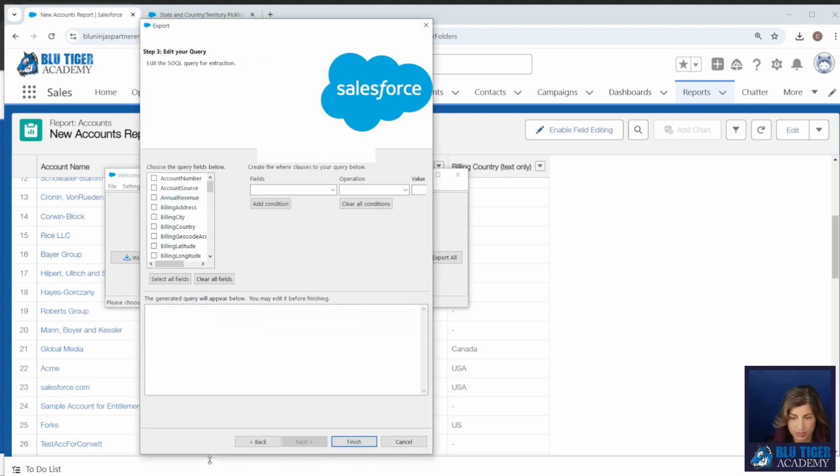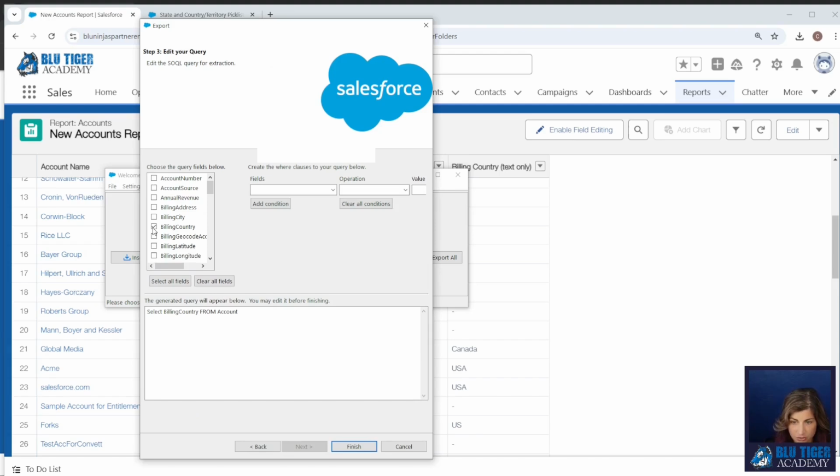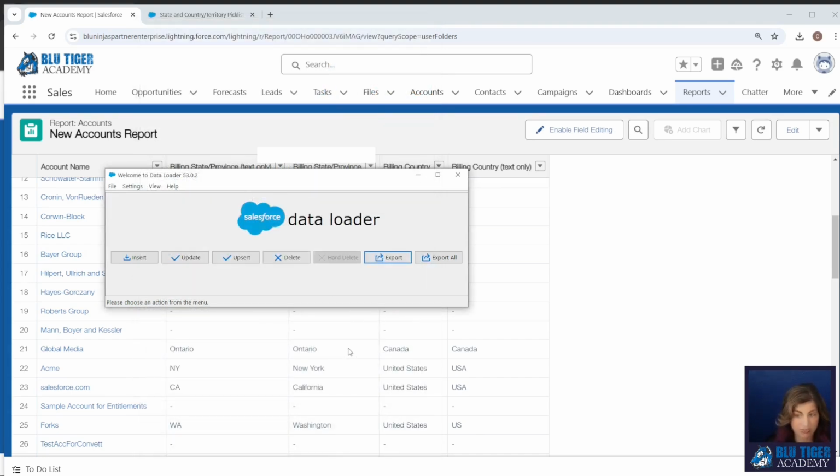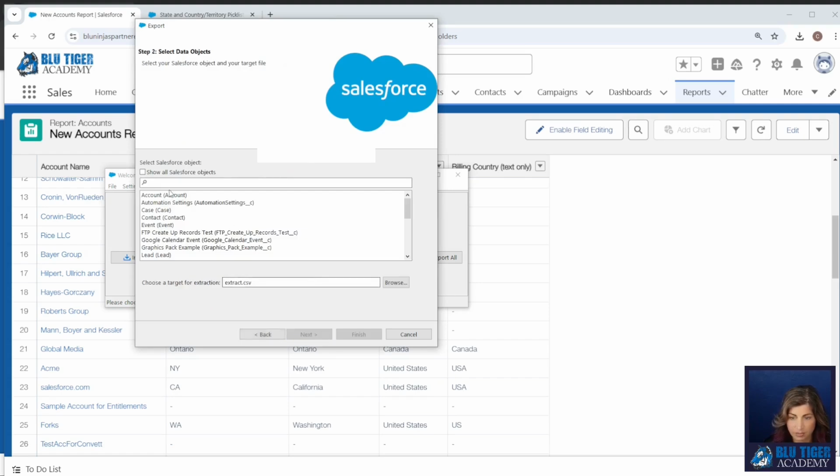And then I'm going to pull in my billing country, my billing state, and actually I can already see an issue here. I can't see country code and state code. One of the things that happens is that I should see two different fields for my state and country. So that means I ran this feature update, but I haven't refreshed Data Loader. So let me log in and out here real fast. Okay, now let's see if we can see those fields here.